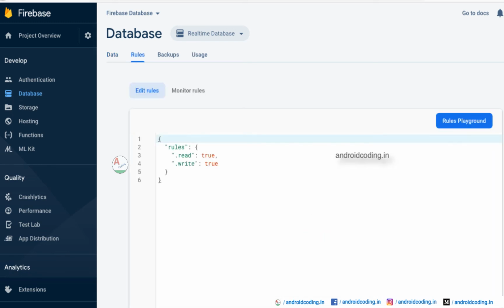So what are the rules? Here you can see the rules I have given: read, write, true. This is public, I am giving permission for the public to read and write in this particular database. Generally when you are creating, you need to disable the public actions. It all depends upon your requirements, whether you want the public to access the database or not. It depends upon your project requirement. So this is the rule I am mentioning, and you might go through the rule according to your requirement.